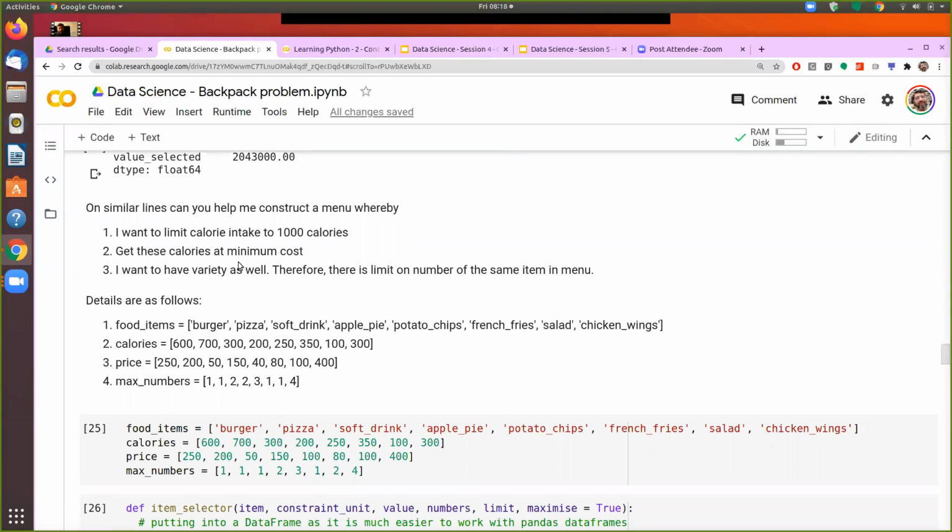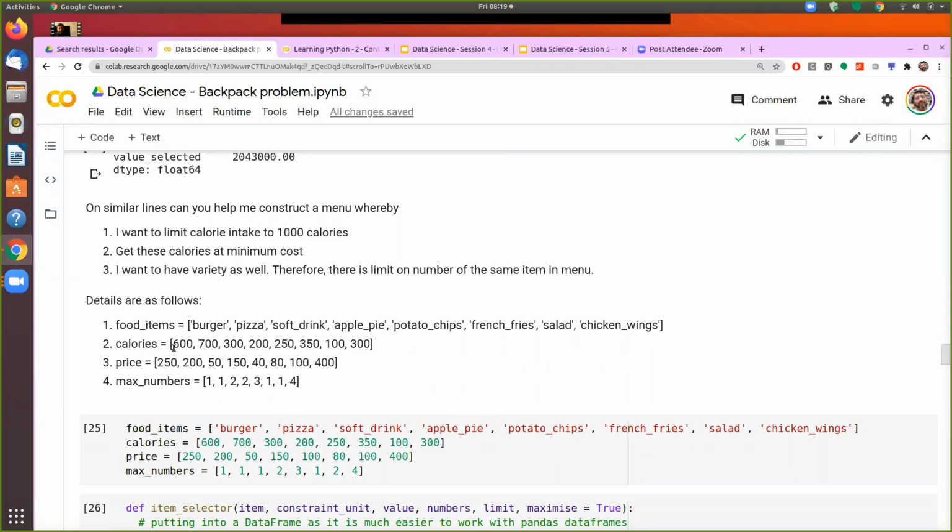And then he says that I want to get these 1,000 calories at the minimum cost. So the restaurant has, suppose, several items here. It sells burger, pizza, soft drinks, apple pie, potato chips, French fries, salad, and chicken wings. It may have more items, but we have taken an example of 7 or 8 items here.